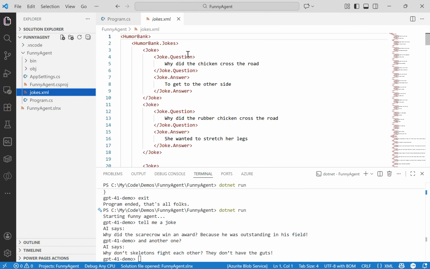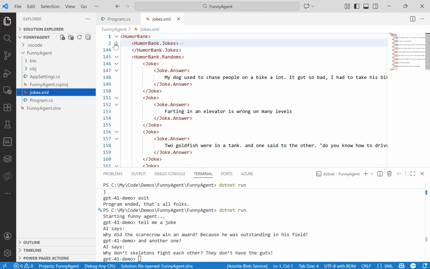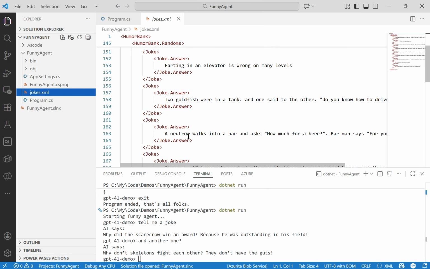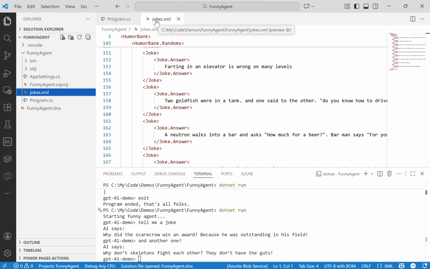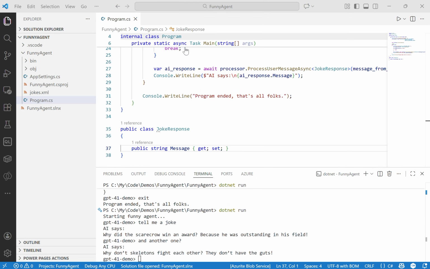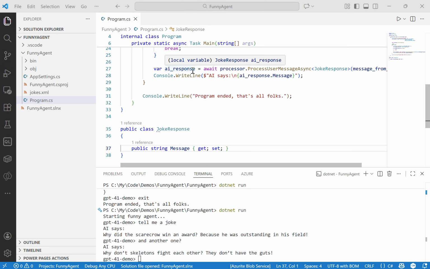There we go. It also has a randoms section, which is also a collection of jokes. But in this case, these jokes don't have questions. They're just basically straight answers. So to get going with building this out and enabling these capabilities, we're going to have to turn the entire